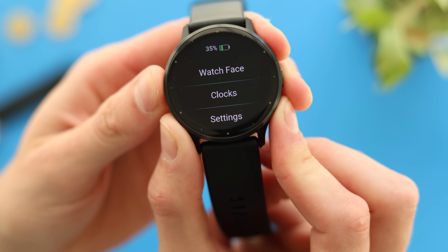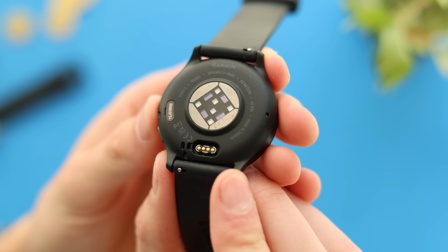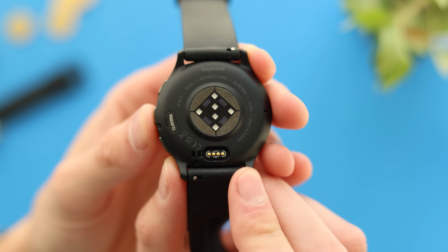And even though this doesn't get apps like Uber on it, you can get Spotify on here, so you can have offline music, and you can sync with other apps like Strava, for example, so automatically all of your runs will sync to Strava, and I think that's a really cool thing that a lot of people will be looking for. It works with iOS and Android, and it just does fundamental smartwatch stuff. Like I said, phone calls, timers, basic stuff that you need, but it's not going to have Siri or Uber or anything more advanced. And this is $399, so not the cheapest, but not the most expensive from Garmin either. Kind of somewhere in the middle, maybe not affordable for everyone,